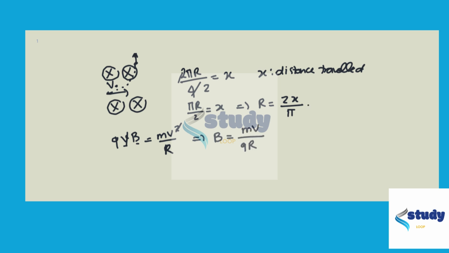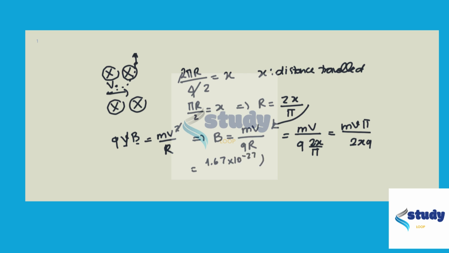Let's plug in for r in this equation. So it's going to be mv over q times 2x over pi. Then we're going to have mv pi over 2x times q. If we plug in the values for the mass of the proton, we take 1.67 times 10 to the power negative 27 kilograms